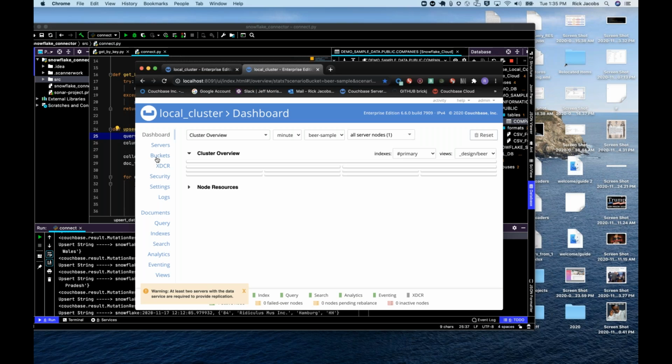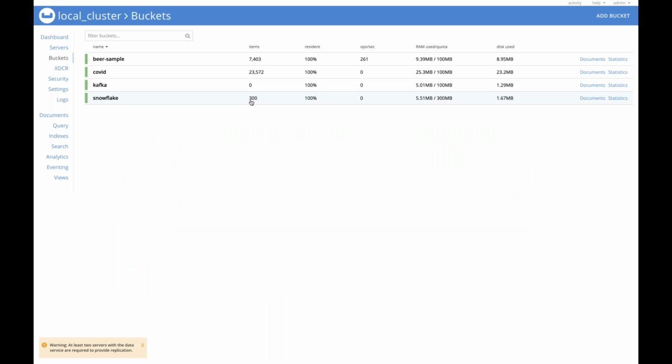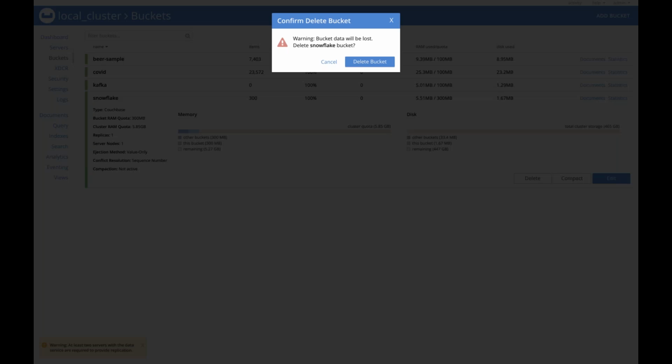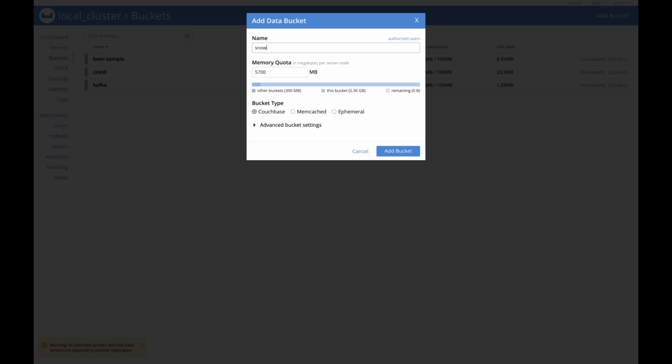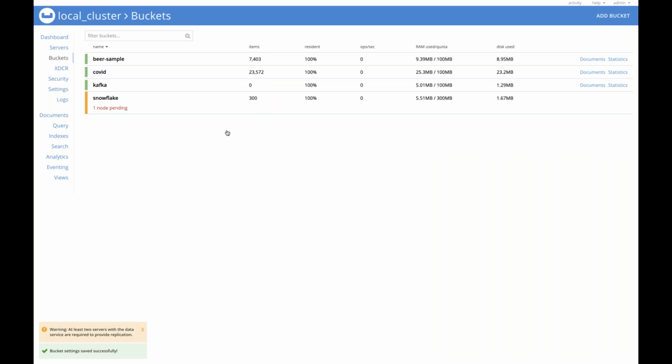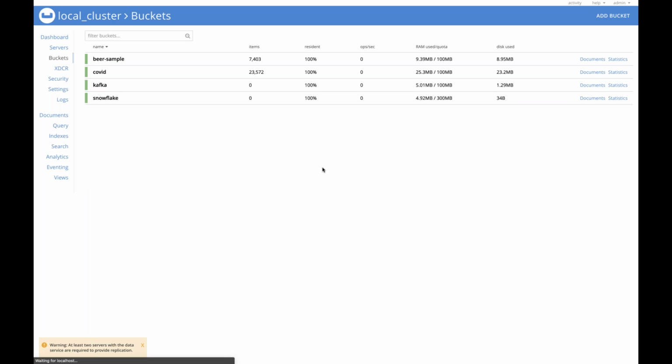All right, so in Couchbase currently, we have a bucket called Snowflake, and it's got some records in there because I was testing this earlier. So I'm going to go ahead and delete that whole bucket. Snowflake bucket is now gone. I'm going to add that Snowflake bucket back. Sorry, it looks like the delete didn't quite work. Actually, yes, it did. So I deleted that original Snowflake bucket with 300 records, and I created a new Snowflake